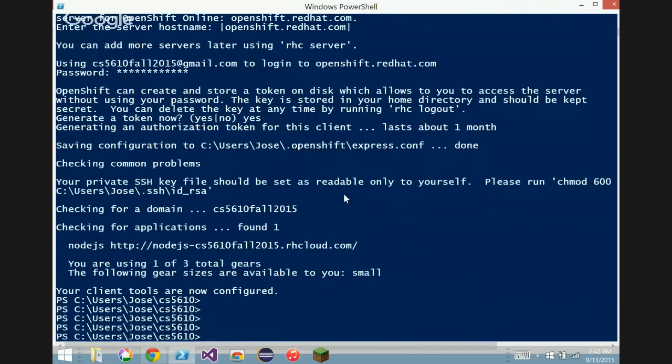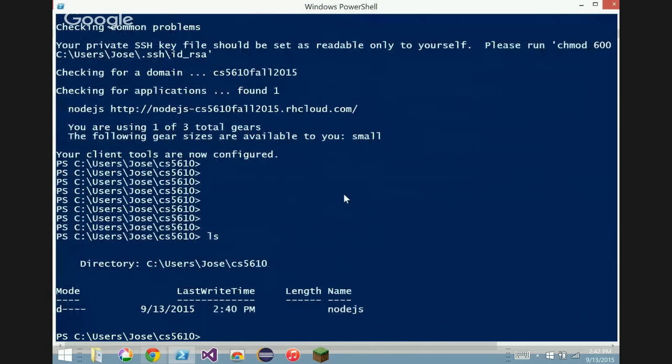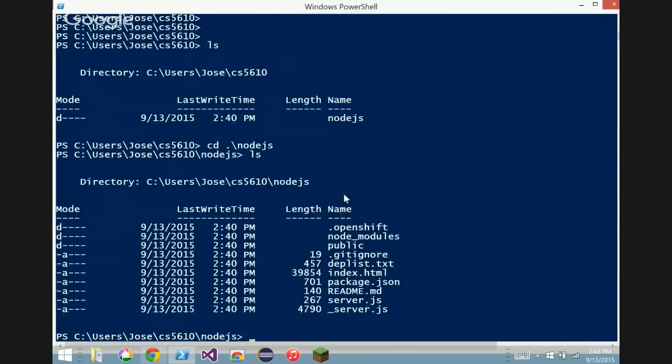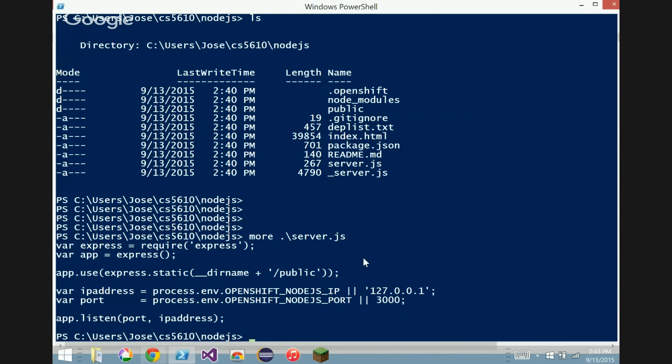So all right, we're done. We're associated with that OpenShift remote server. So we cloned that server locally. If we go down to Node.js, we'll notice that we have a server there that we created earlier, which uses Express to create a local server. Notice that since we cloned it,